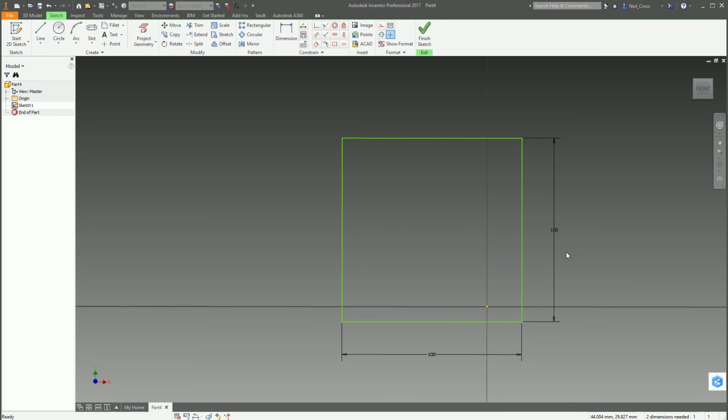They're called numerical constraints, aka parameters, aka dimensions, but it's still a constraint. You are numerically constraining that line to be 100 millimeters long. That's what it means. You don't see this on the drawing. You don't see it on a print. It's a numerical constraint. You are numerically telling Inventor to always, no matter what happens throughout the rest of this model's life, always keep that line at 100 mil.